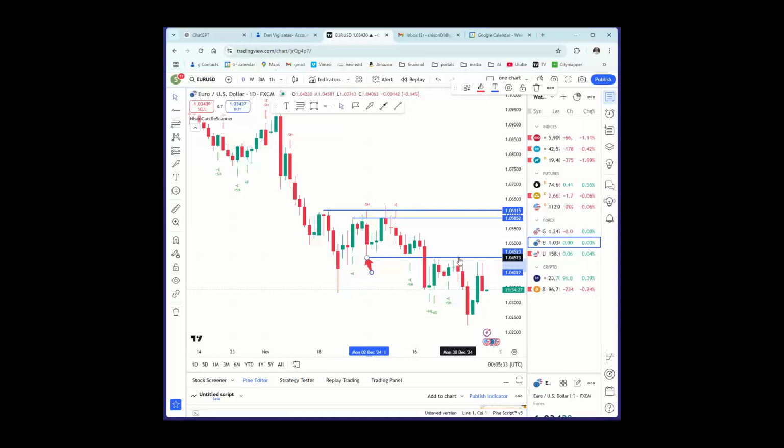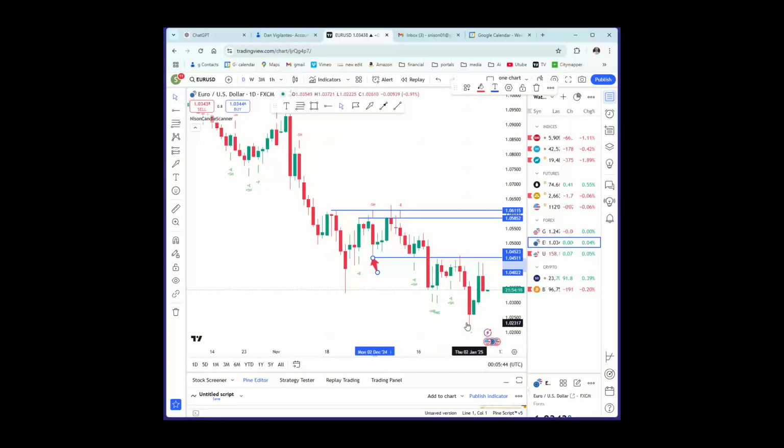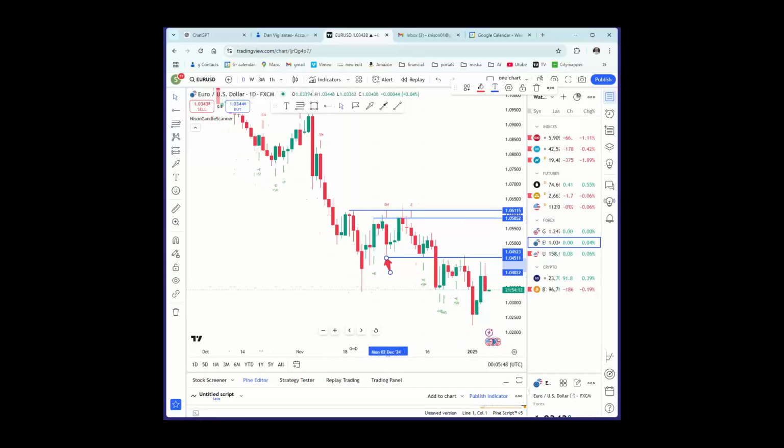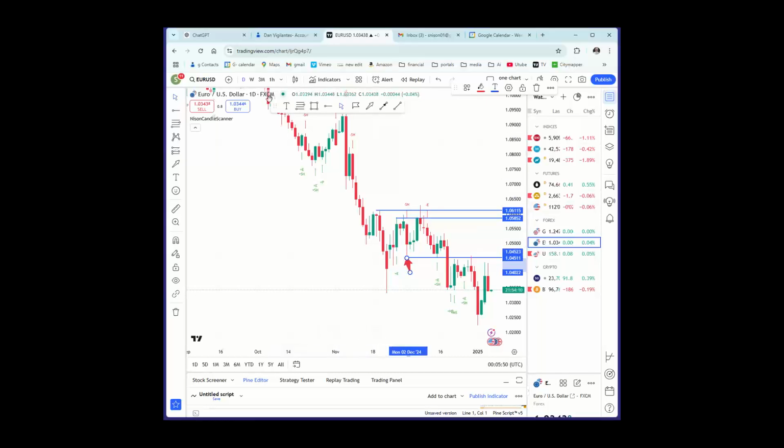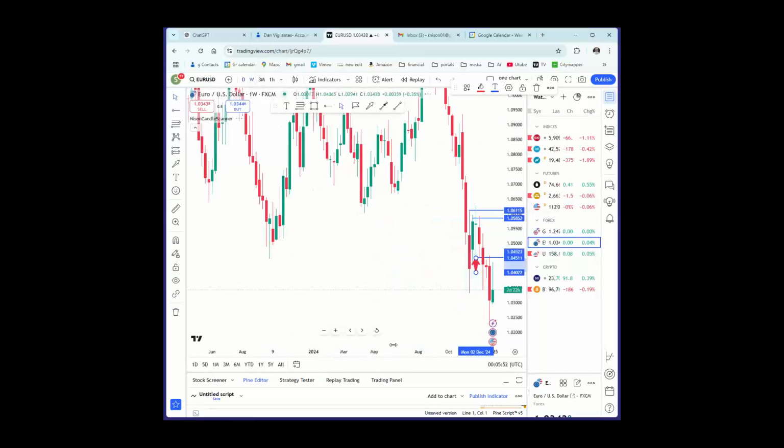So resistance over here, first resistance over here, second resistance right over here. My support is down over here. And one of the questions I'm asked a lot is, say the market breaks under here, where's next support? How do you find next support? Well, you go back as far as you need to. And in this case, we look at a weekly chart. So right now we're looking at a weekly.